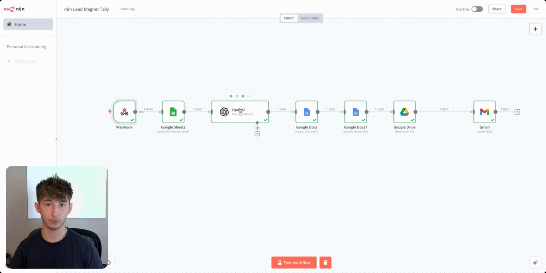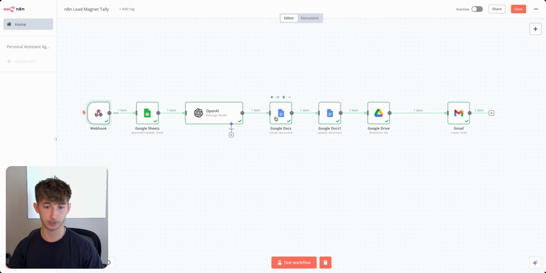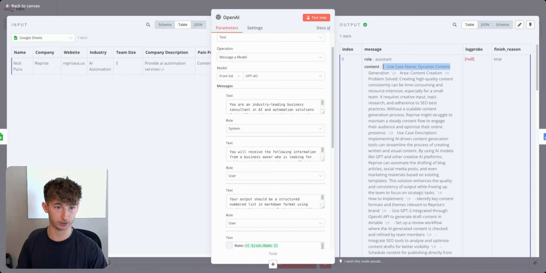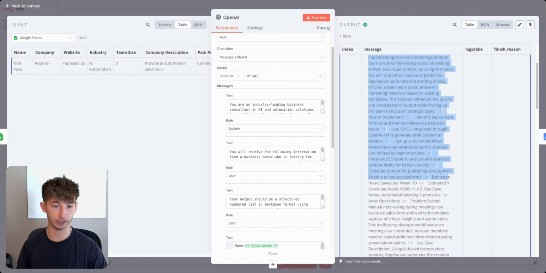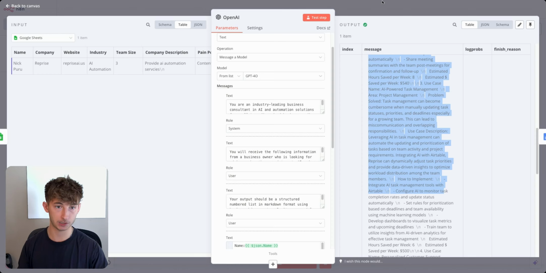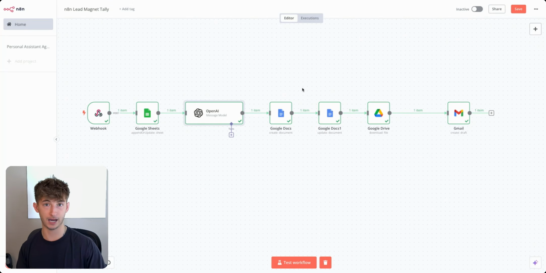I will be showing you later what this guide actually looks like. But next up, what we're going to be using is Google Docs. So right now, we're just going to be creating a Google Doc to actually store all this information that OpenAI is creating. So as you can see, one of the things that this output is generating is 5 automations. It's giving the use case descriptions, and essentially we just want to put that within a Google Doc. So whatever we're sending to our lead, the person who's filling out our form, we want to send them a nice, succinct